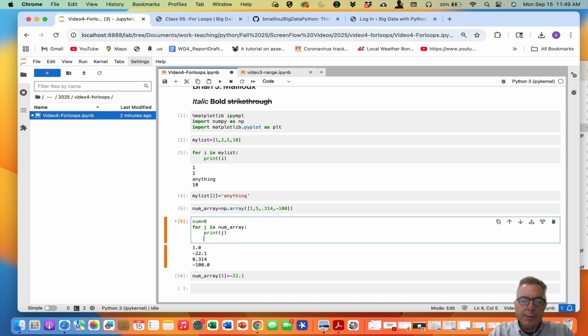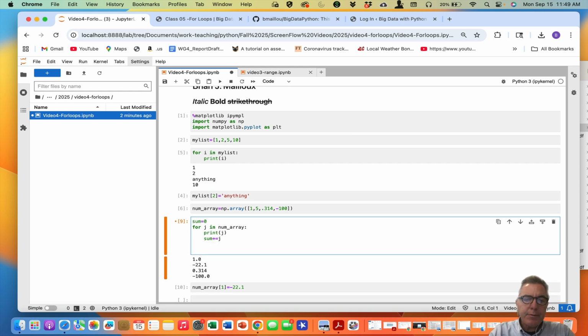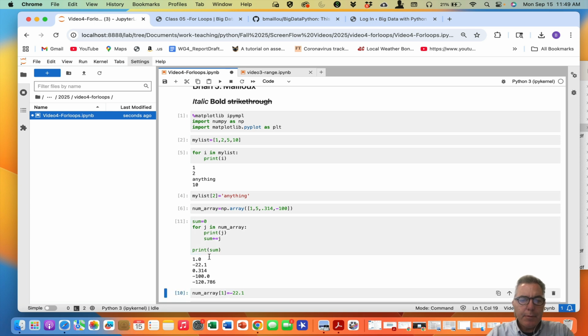And then in here you could say sum plus equals, and this I'll show you, this is sort of a j, and then once you're done, to get out of the for loop, you hit delete and you unindent, right? So you can see the colon says you're in a for loop, you indent, everything indented is in the for loop, and now we could print